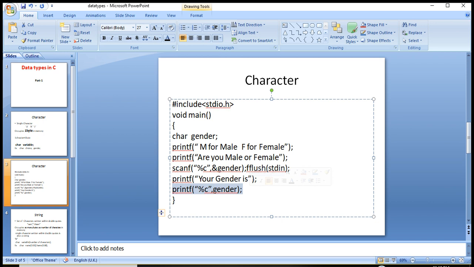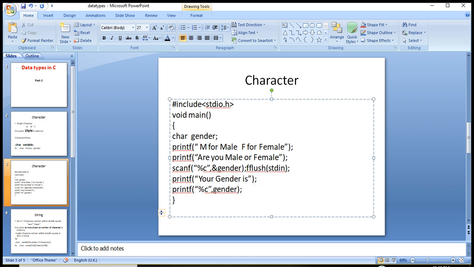So we have cleared the character data type. A character is a single character and it is always written within single quotes in C, and it occupies 1 byte in memory.